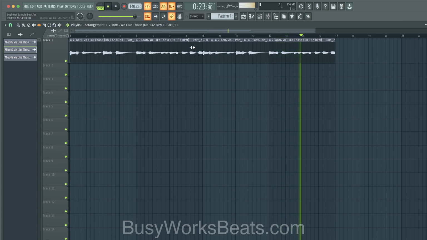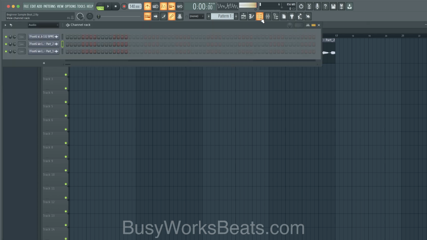Okay, then we can leave the second half alone. Okay, now we need drums. Okay, so now we're gonna go to a separate section. The playlist is, I've found, the easiest way to sample. Always make it a habit to hit Control S or Control N to save as a new version. That way, if you wanna go back to an older version, you can always do that. So I hit Control N a lot. Make that your habit, because sometimes FL will just crash and close. It's just how it is.